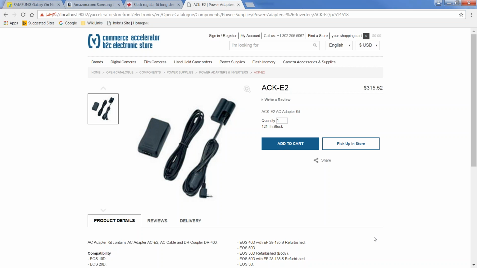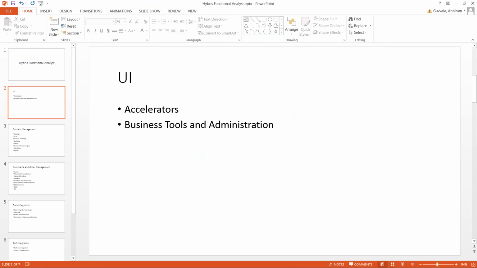No? Okay, good. So I'm going to detail what the course is about. First, if you understand the terminology in Hybris, the terms which Hybris uses, 30% of your job is done. Because if you understand it correctly, then you know what you're going to do. It is very easy. If you don't understand the terms, then it is going to be difficult, because if somebody says, hey, can you please correct that facet, you should know what a facet means, okay? So Hybris is more about terminology,